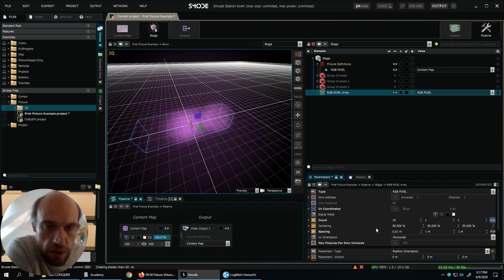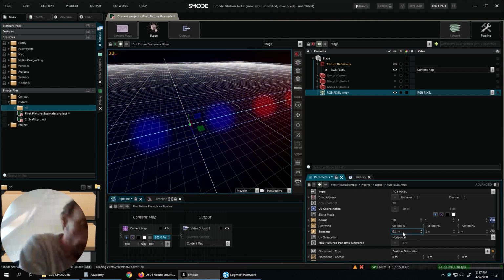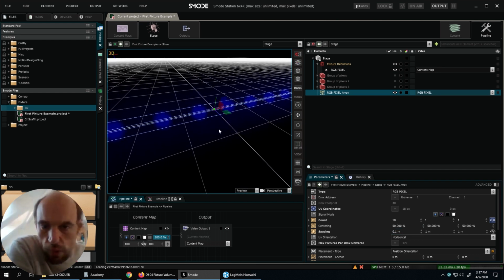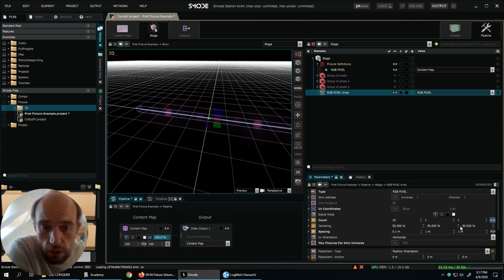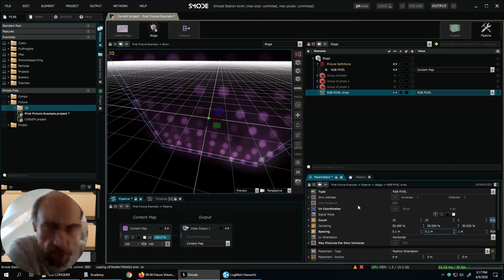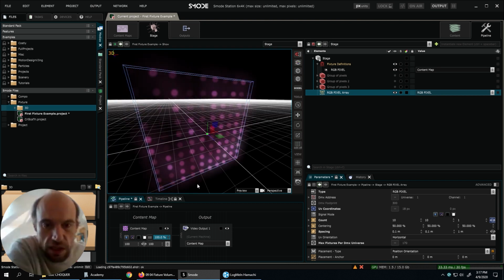And here I just created, so let's go back to test pattern maybe and make this a bit bigger. And I just created a group of pixels ordered in one axis. So I can also use more than one axis. So for example, now I'm using 10 by 10 pixels. Let's put the spacing the same, 10 centimeters. And now I created this array of 10 by 10 pixels.